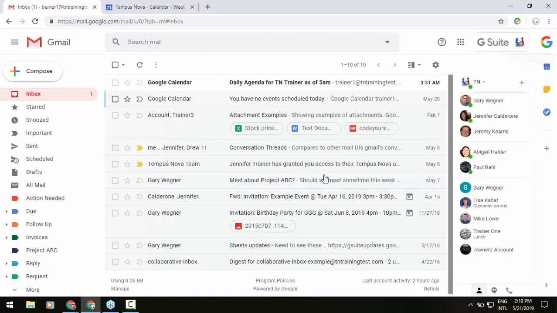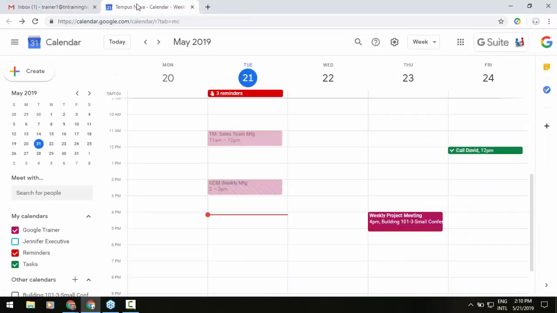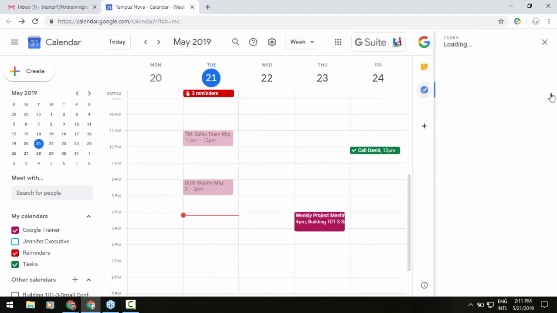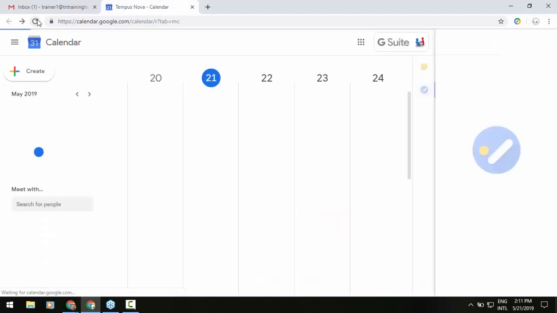Now let's switch over to our Google Calendar view. You'll see in the lower left corner of my screen, I have both reminders and tasks turned on. If I would like to start with one, why don't we just start with tasks since we just covered that. You'll see that same task icon to the right side of the screen. And when you have tasks as a calendar list item turned on, you will now see, especially if you have designated a date and time for a task, you will see that show up on your calendar as an event